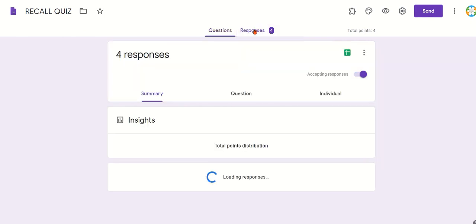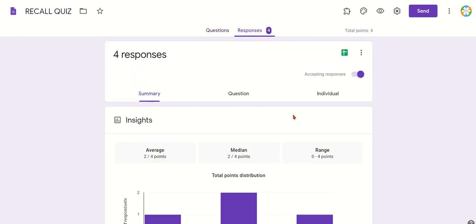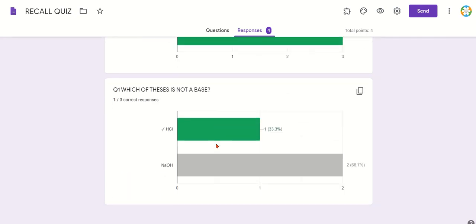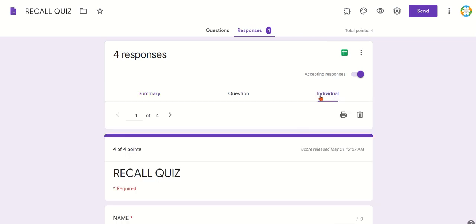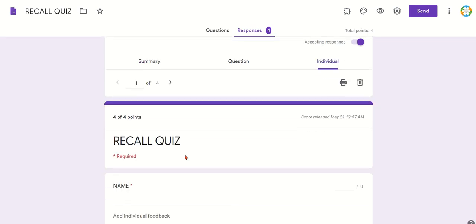So the teacher clicks the responses. Now you can see a whole lot of summary, showing how the students did and why they did the work for each of them. So if you want to look at individual responses, and your student wrote their name on the quiz, you can just see each child's name and